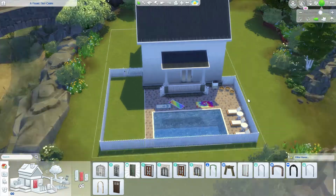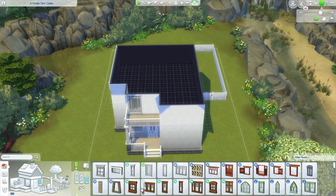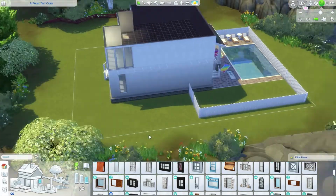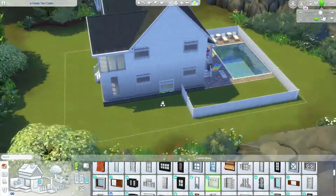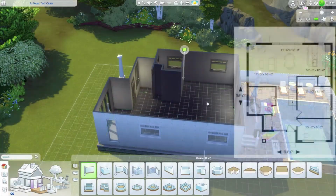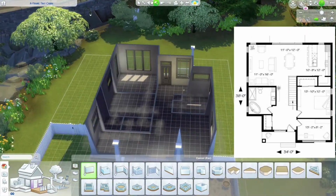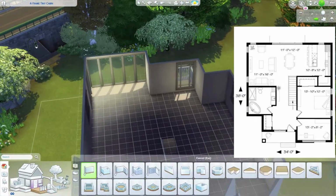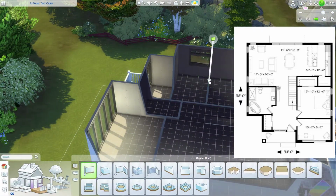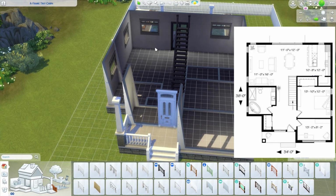So SimmingForFunz went and found a cute little floor plan. I'm not sure where. I find all of mine on Pinterest. If you are looking for floor plans, I find that if I type in rustic house floor plans or suburban house floor plans, you can find all sorts of stuff on there. So I am throwing the floor plans, the bottom floor and the top floor, up on the screen just for a little while, just so you can kind of see what it is supposed to look like versus what it